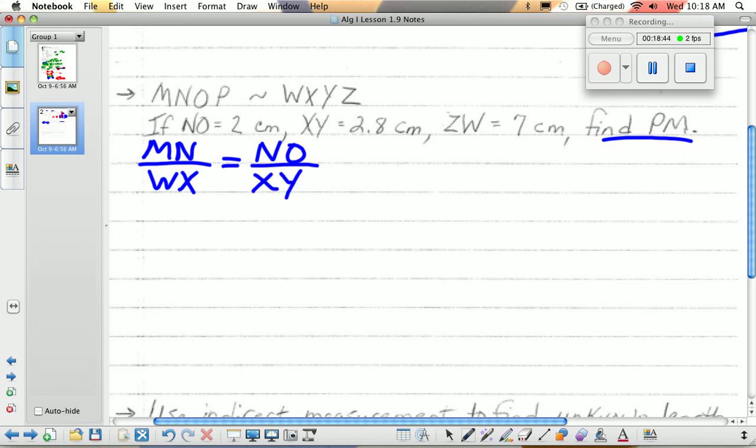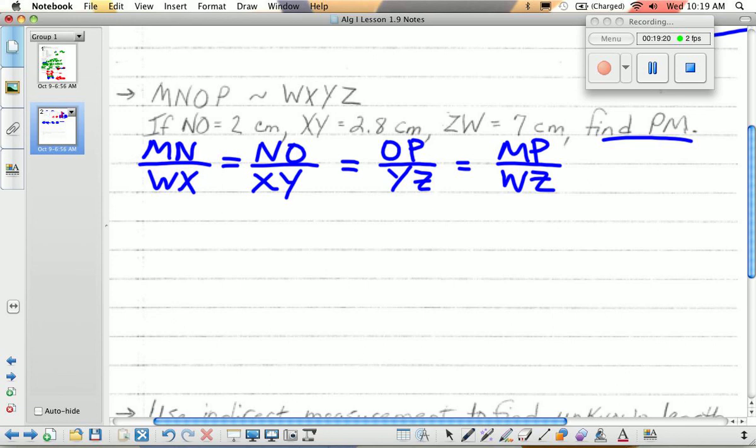And then we have lots of possibilities here. Remember, there's 4 sides, so we should be able to set up 4 of these, right? Well, we also have OP, which corresponds with YZ. And there's one left. What's it? Jacob? MP equals WZ. MP corresponds with WZ. Okay. We got 4 possible things here, but we only need 2 of those to set up a proportion,